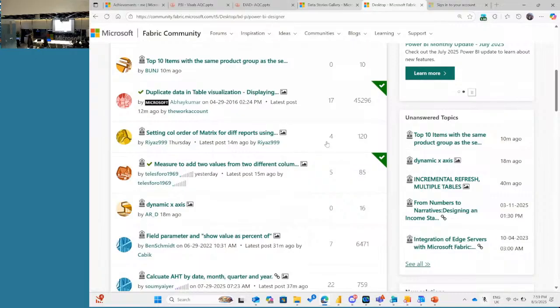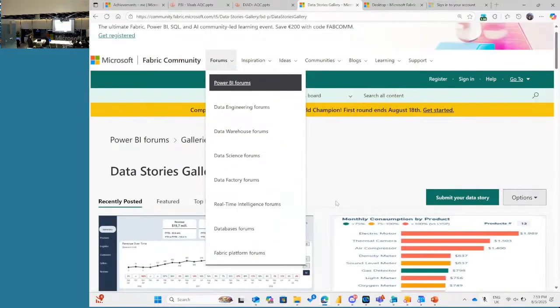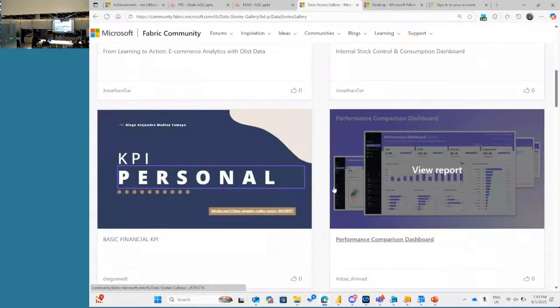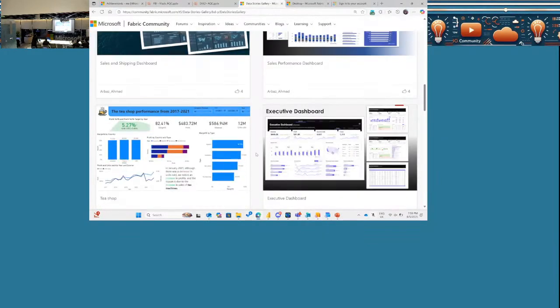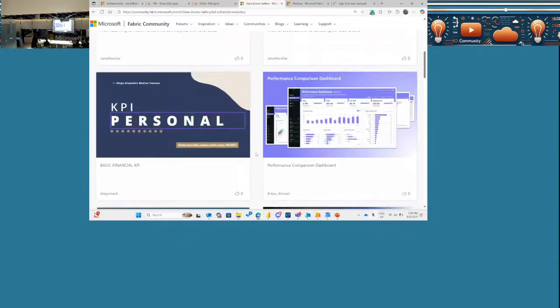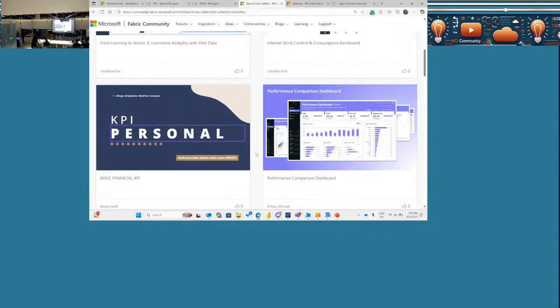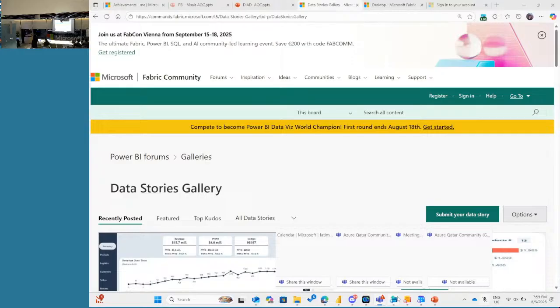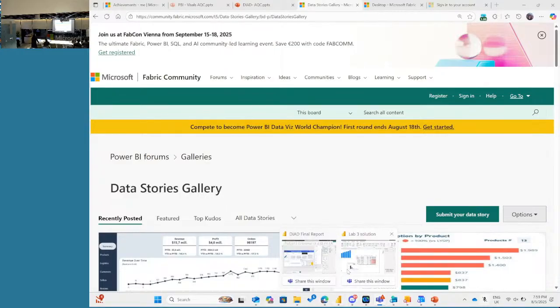And then you also have the data stories gallery. You get to see a lot of Power BI dashboards that other people created and shared that you could use as a reference. Recently, because of our 10-year celebration, we had a whole Power BI visualization contest. You can see the winners of those and take inspiration from that. And then the other thing I wanted to show you is, once you've created your dashboard, this part is not part of the session that we're going to cover, but maybe you'd be wondering about it.